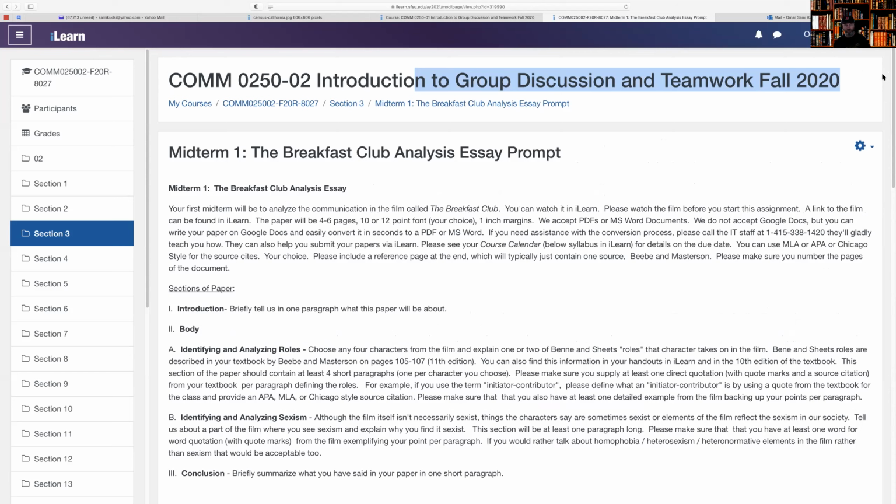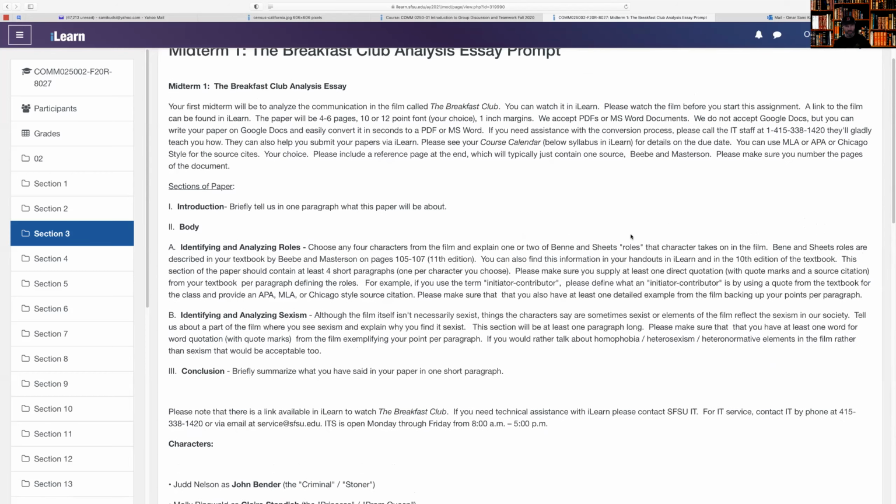When you're writing your essay, the thing you should do is write the essay. And then after you get done writing the essay, go back through this prompt and see if you did everything here. It's just a little paragraph, a 2-paragraph description really. There are some directions here, but it's got a lot of directions about how to do this. And it's really important because I get a lot of papers where students don't quote the textbook, they don't define their terms, they don't have examples, or the examples aren't detailed. If you read this, you can really make sure that you did everything right.